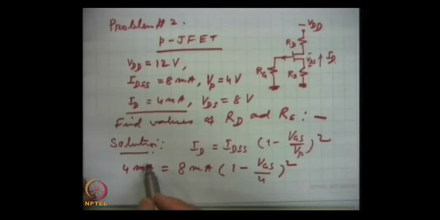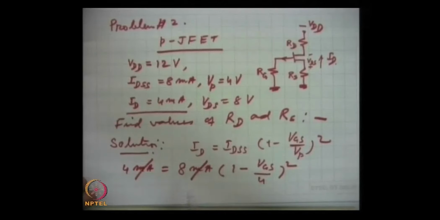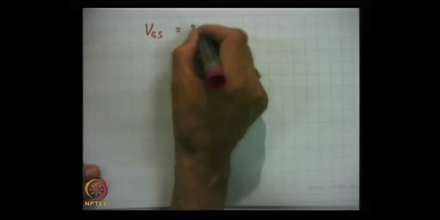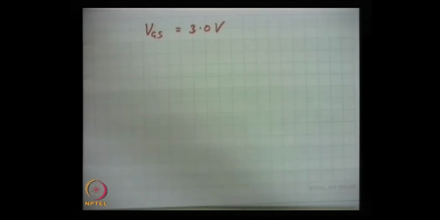So, this milliampere is cancelled, and it is a very simple calculation. From here we get VGS equal to 3 volts,